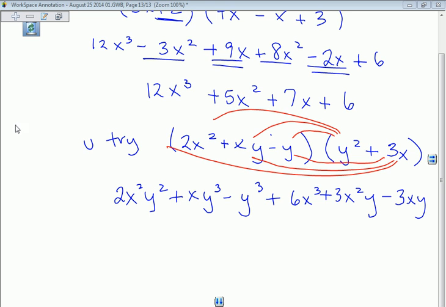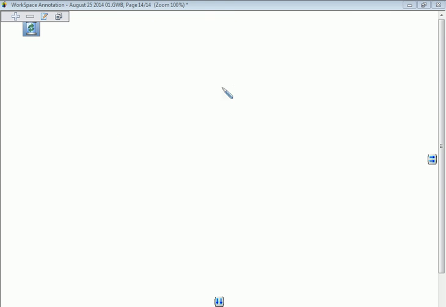Now, let's take a look at something like this. X minus 4 squared. Well, what does that mean? It means x minus 4 times x minus 4, doesn't it? Okay? So when we have one like this,